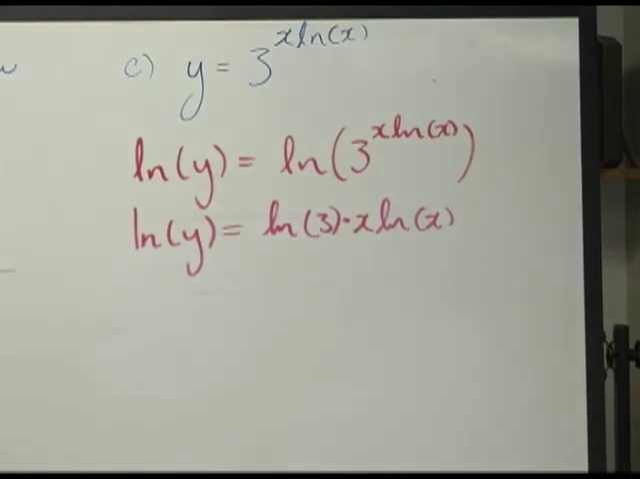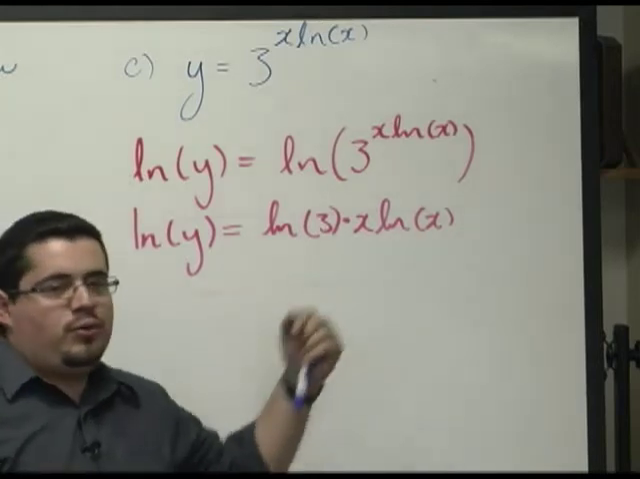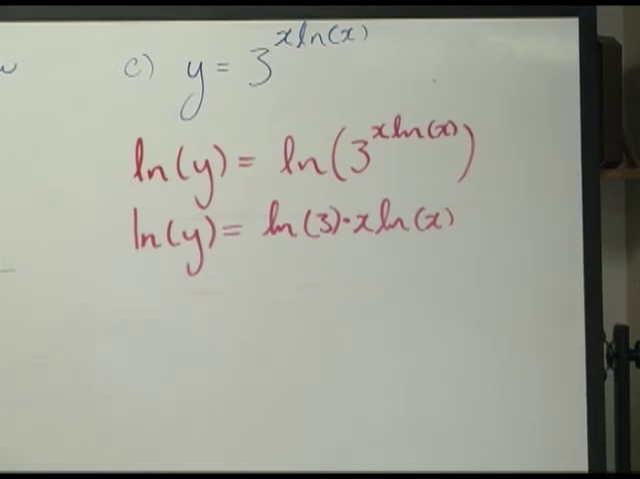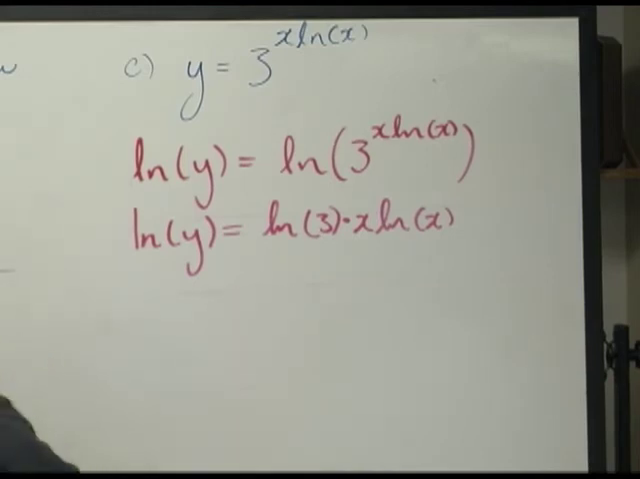Anyway, the natural log of 3 is a constant, right? So we don't need to worry about that part now. Of course, we have the natural log of y here, so we're going to have to differentiate implicitly. So let's try it. According to implicit differentiation, if I take the derivative of both sides with respect to x,